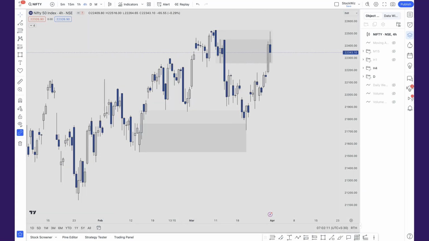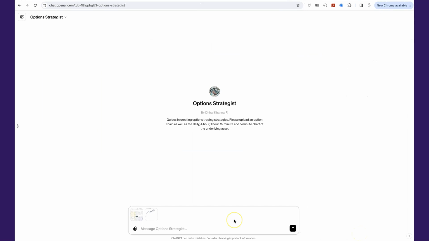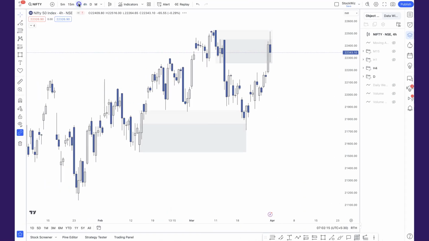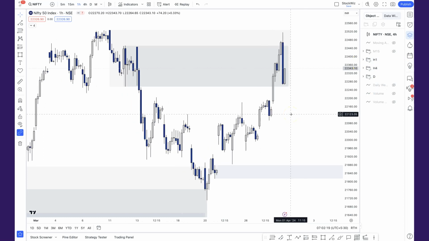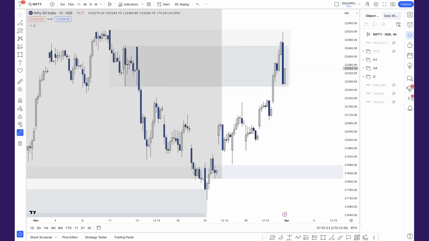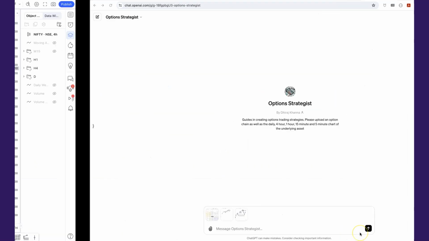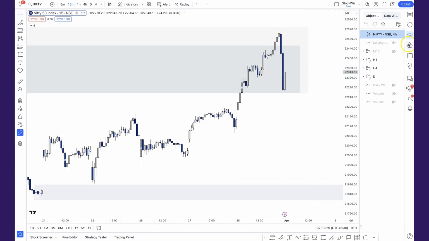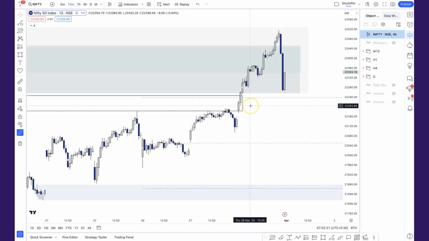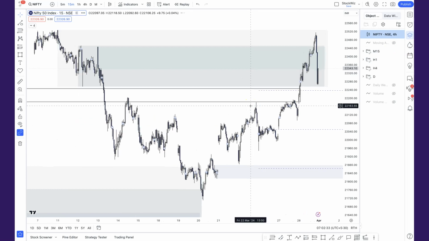Take a snapshot and paste it here. Similarly, go on to the H1. Nothing very much happening here, but whatever. And I take a snapshot of the H1, paste it here. And now finally for the M15, I'm not going to go to the M5 for the time being, but yeah,